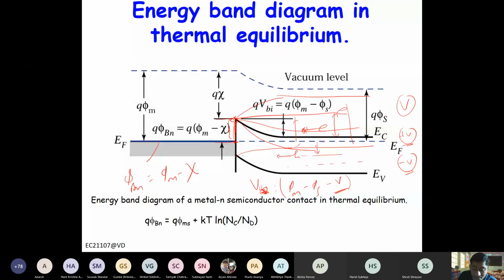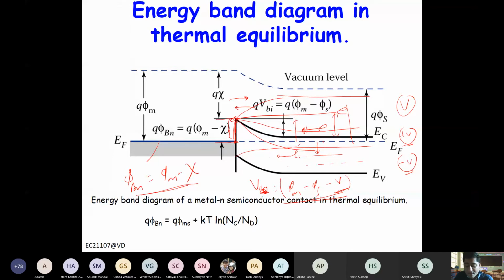Now you see here, two barriers are different basically, right? The barrier from semiconductor to metal is a function of voltage. The barrier from metal to semiconductor is a fixed thing. Of course, when you apply zero bias, the current will be zero. So that means these two movements of carriers, from metal to semiconductor and semiconductor to metal, will be equal, right? So these both currents will be equal. And when you apply a forward bias, the carriers moving from semiconductor to metal will increase. So you will have large current.